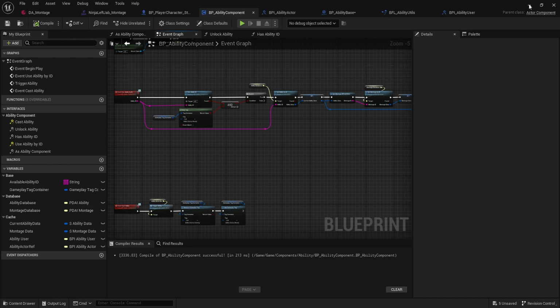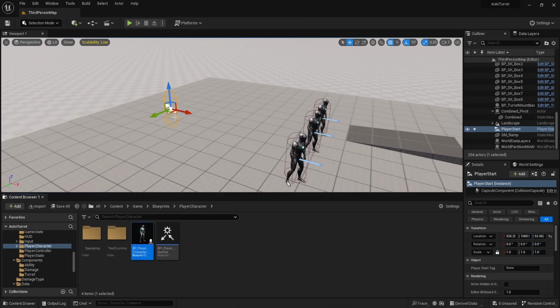Now, if we see it in action, we can just simply see it in action. We have a flame punch, so we spawn an actor that is going to do the effect of a fire effect at our socket location, because that's what it does. So if we see this in action,